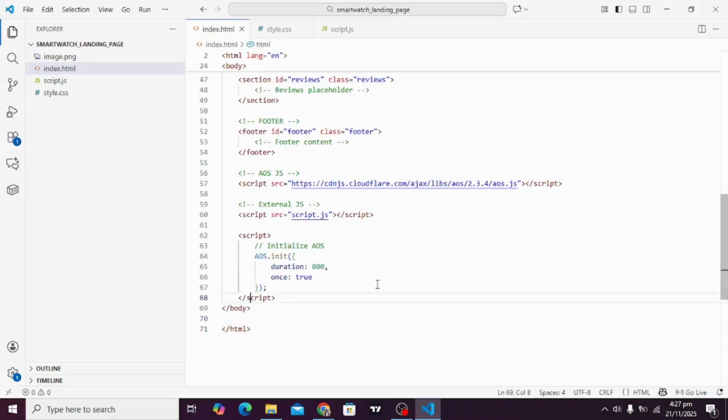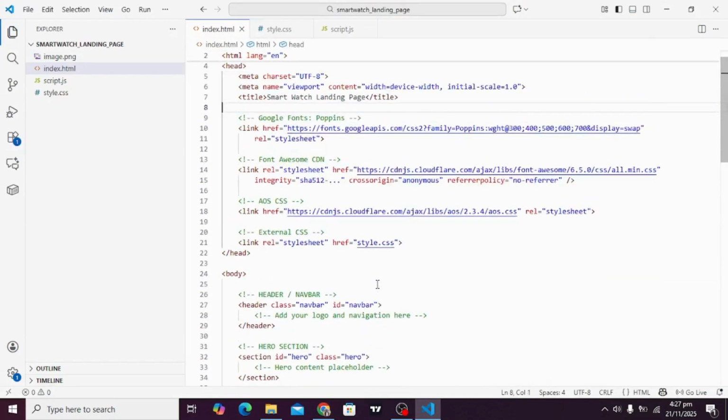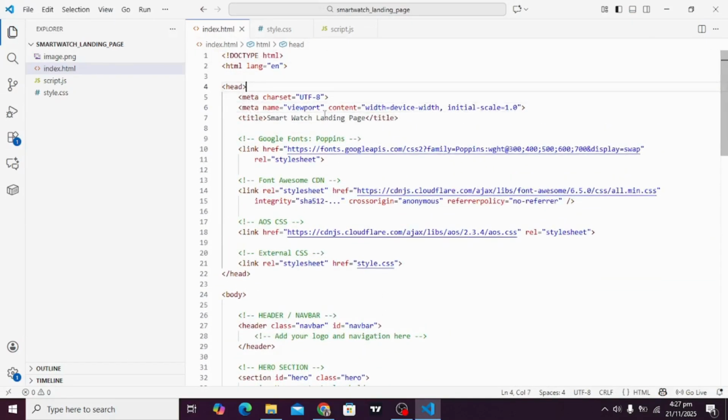It has given us our base structure for our HTML file, as head section. Here are Google Fonts CDN, Font Awesome CDN, AOS CDN, and then our style.css which we had created is also linked.